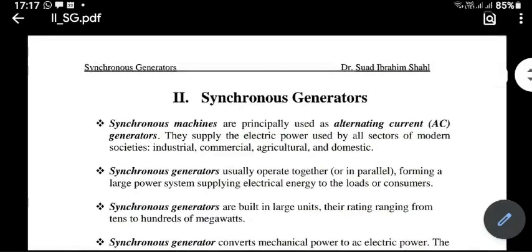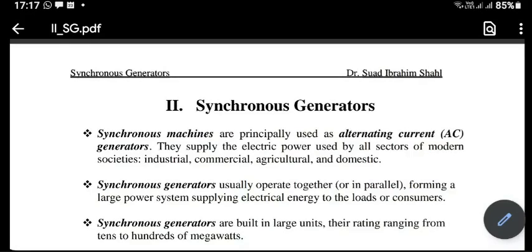We'll first talk about synchronous generators in detail, including the equivalent circuit, etc. And then we will go to synchronous motors. And after that, we'll go to induction motors. That's the plan. After induction motors are done, special motors will be considered, and that will probably be the end of all the AC machines discussion, at least.